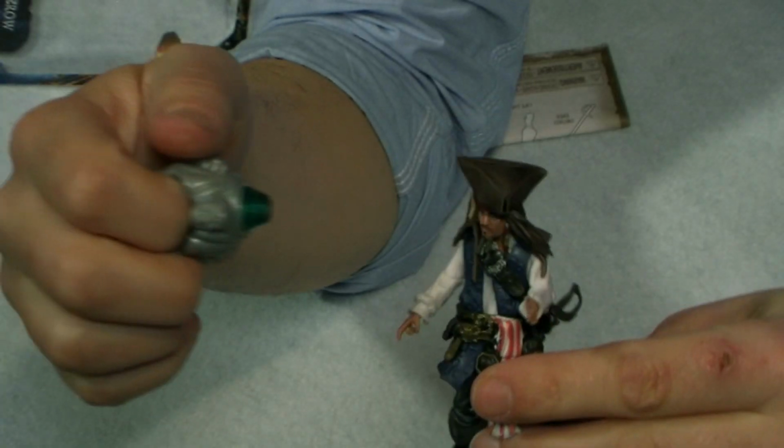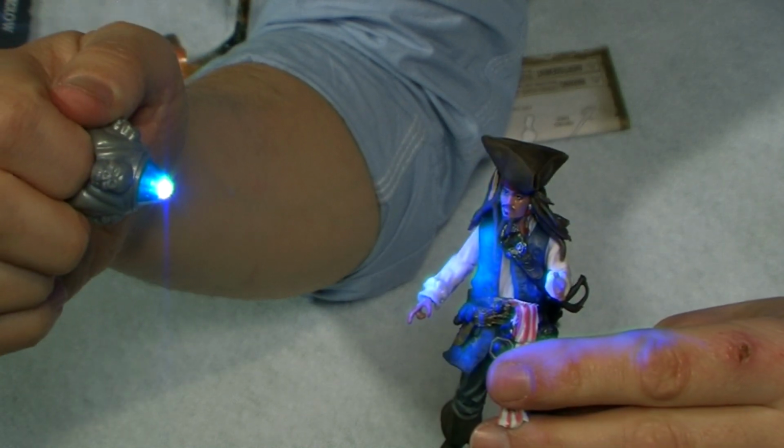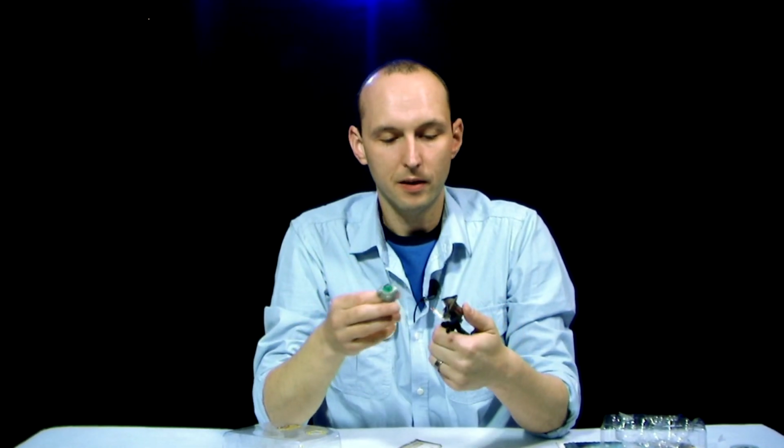And the final accessory he comes with is this ring that emits a little black light. And the cool thing, and I can't really duplicate it here because my camera just isn't able to, you hold the black light up to the figure. I don't know if that's really working. And he kind of turns into zombie Johnny Depp. But it's not really showing very well here. I'll post some pictures online. Oh, there you can kind of tell. Yeah, maybe not. Anyway, you can find the pictures of what zombie Johnny Depp is supposed to look like,